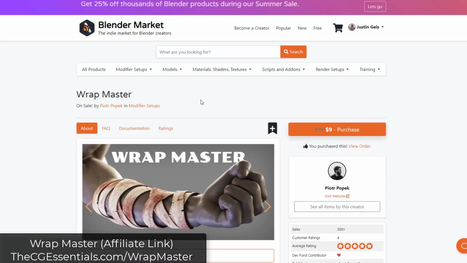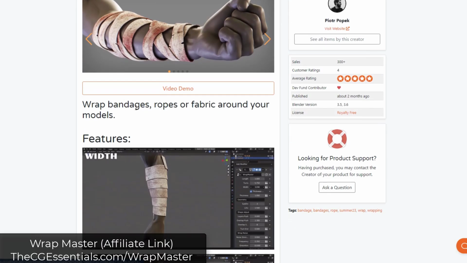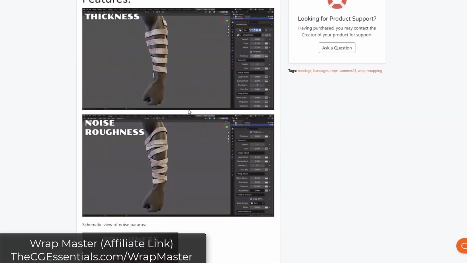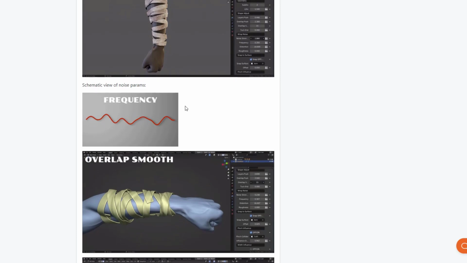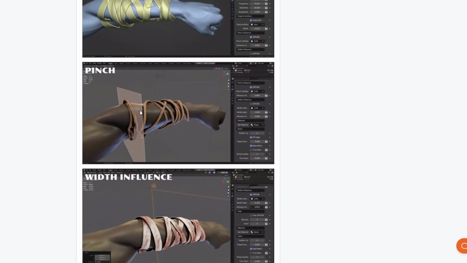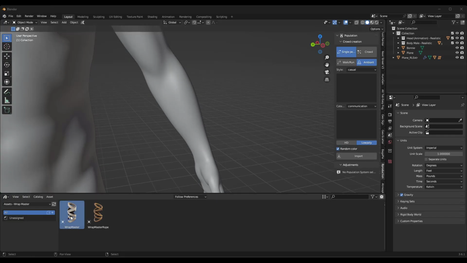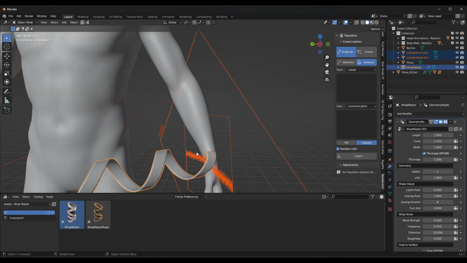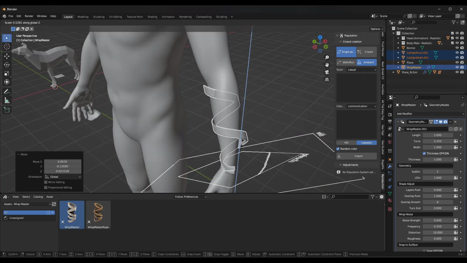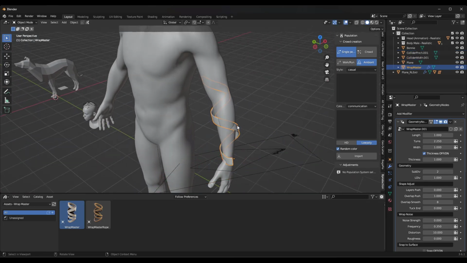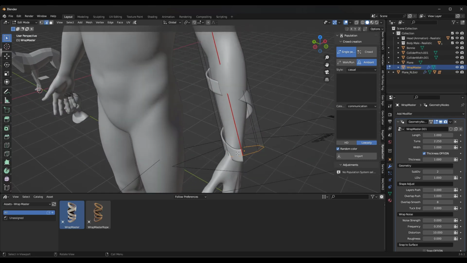So Wrap Master is a tool for quickly wrapping bandages or ropes or fabric around your objects. It's surprisingly easy to use considering the complexity of what you're trying to do. Basically the way that it works is it comes with these assets, and you take these assets and just align them with your object. So you get them close like this, but then you tab into edit mode,